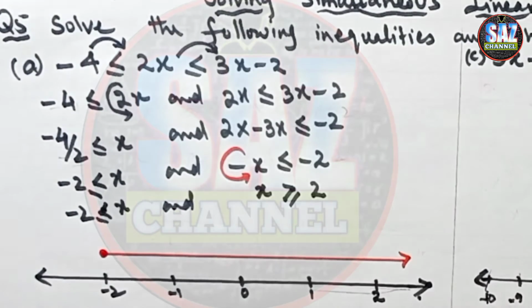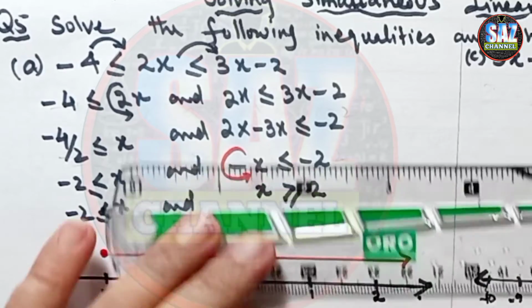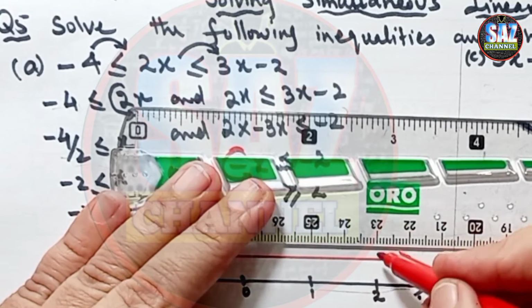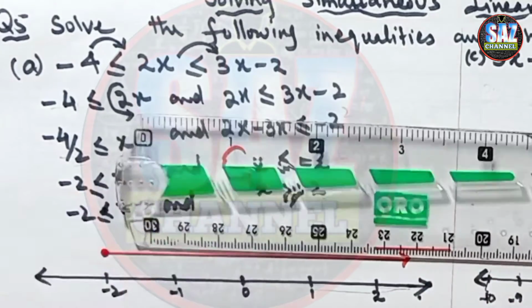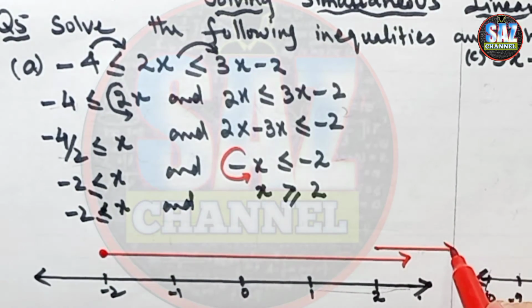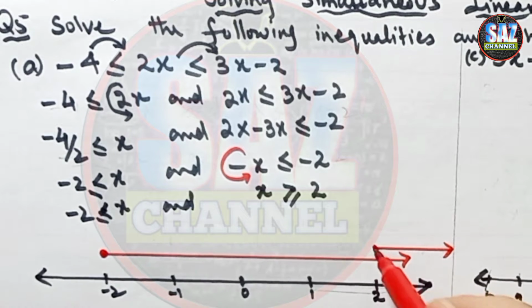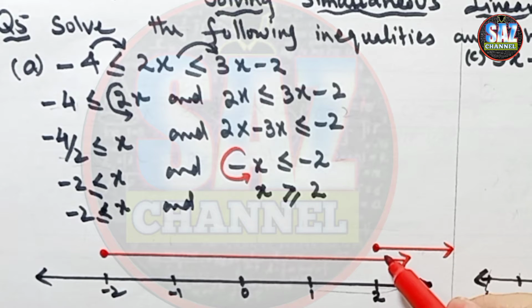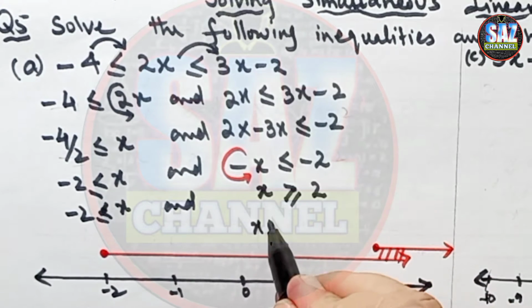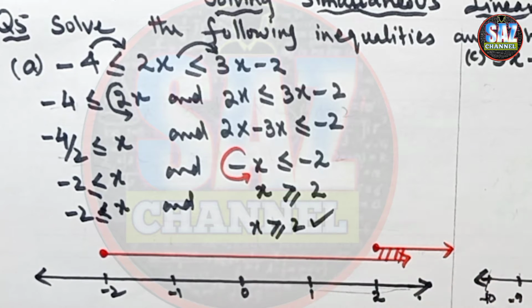And the second one is that x is greater than equal to 2. This is the place for the solution of the second inequality, x is greater than equal to 2, and I have to mark the filled dot because this is the greater than equal to condition. Now we can see that the part of the number line beginning after 2 is overlapped by both of the inequalities. So the solution for this question will be x greater than equal to 2. I hope you are clear about this.